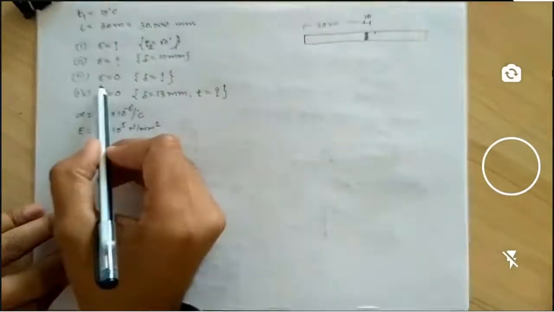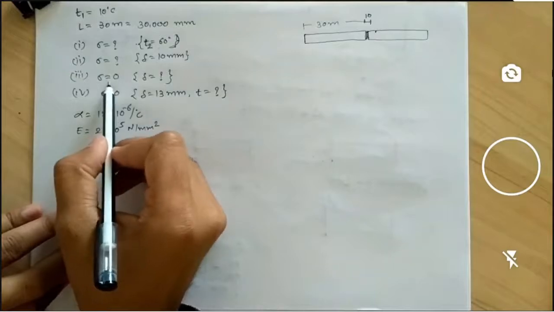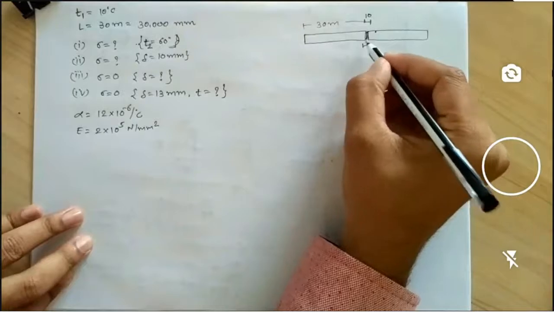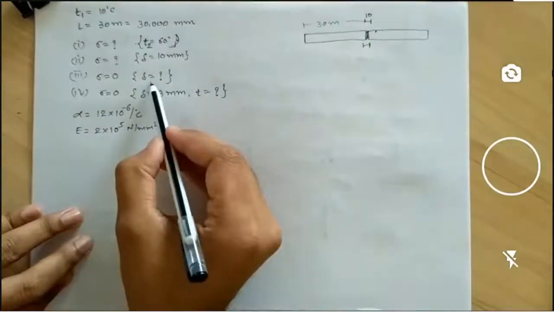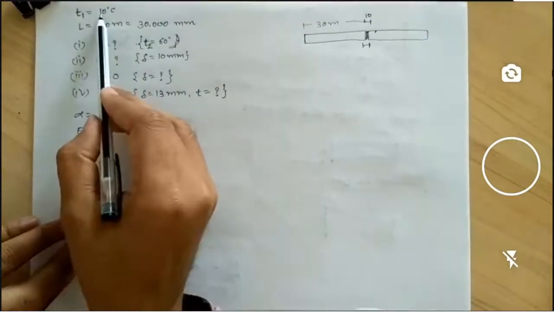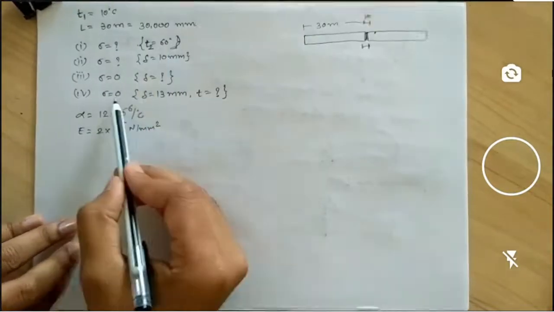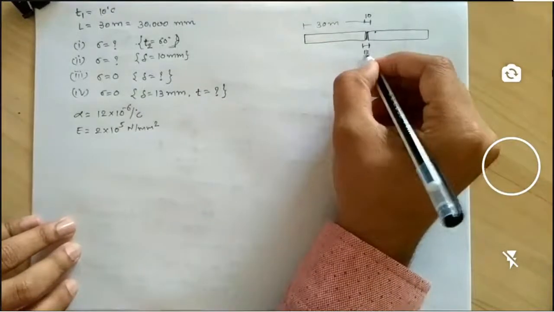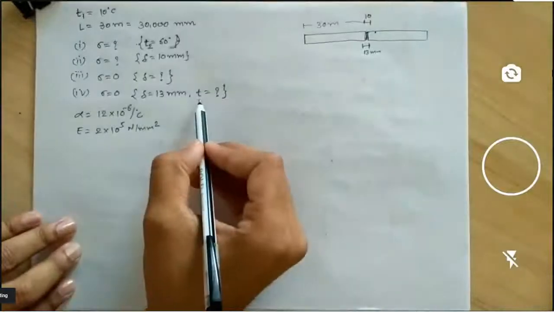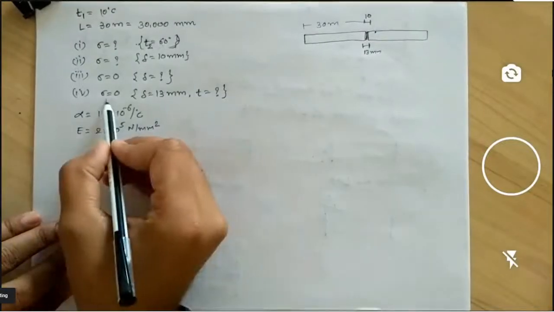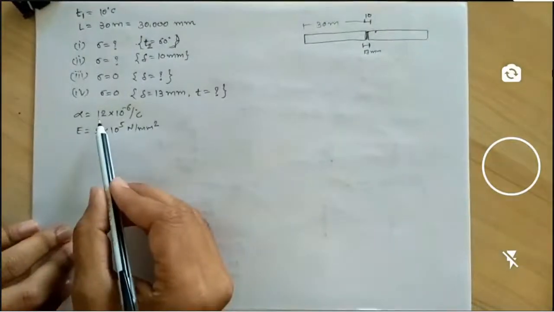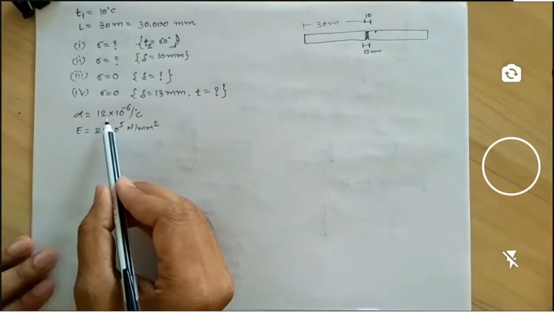In the third case, if you require the stress to be zero, means no stresses in this rail, then what gap is to be provided between these two rails? So in the third case, we find the delta for no stresses if the temperature is increased from 10 degrees to 60 degrees. And in the fourth case, if we provide this 13 mm gap between these two rails, then up to what temperature change is no stress generated within this element or rail, given the coefficient of thermal expansion and Young's modulus?